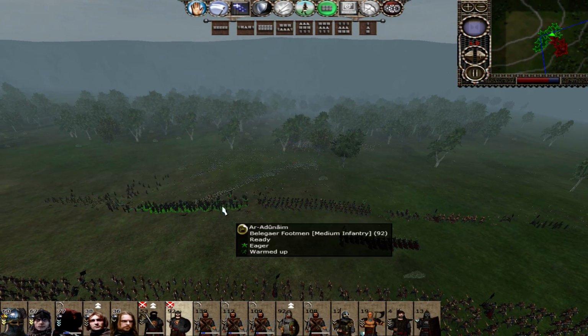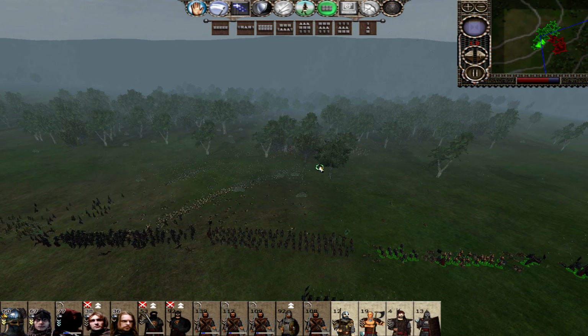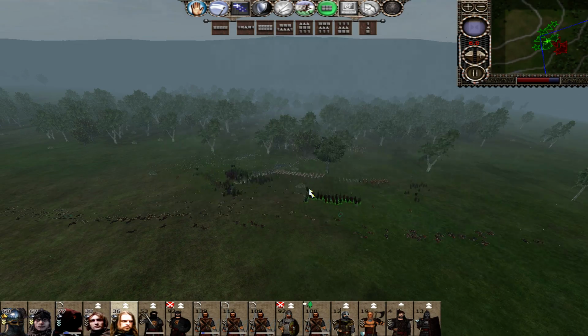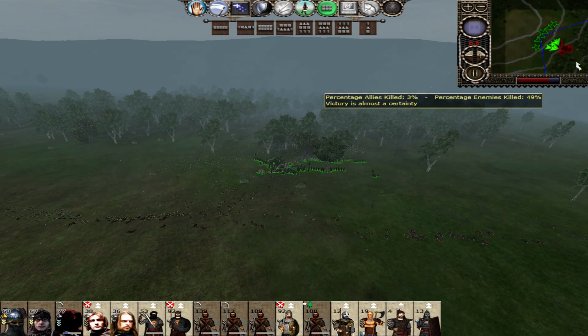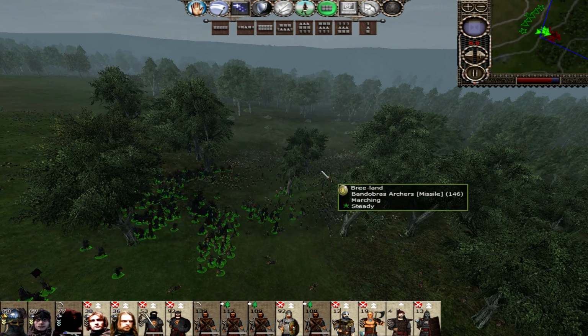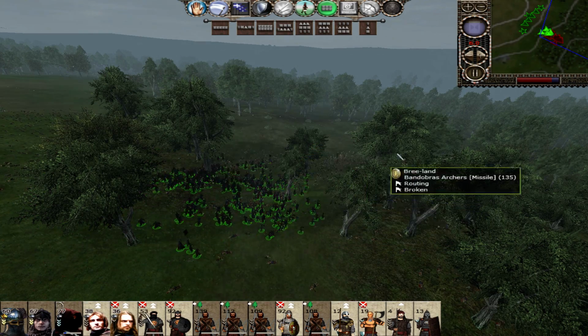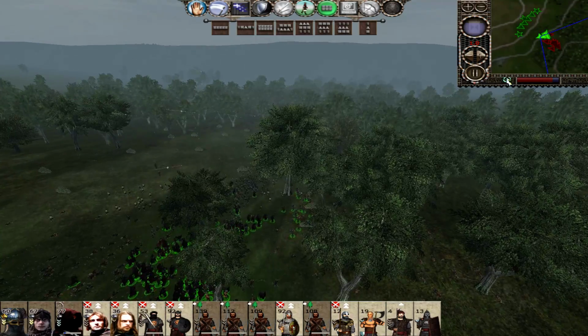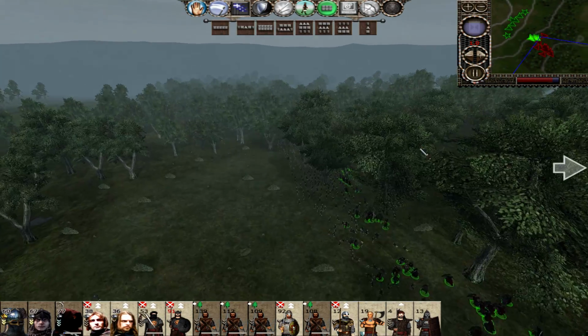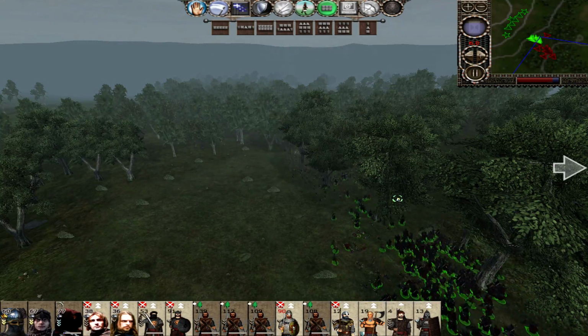I think we're winning. Surprised if we weren't. They don't have a general. Alright, speed this up and end this. 50% of them have died, 3% of us. Only half the enemy force remains. The trick here now is about capturing as many as we can before they all run away. I don't think we're going to get that many, to be honest.